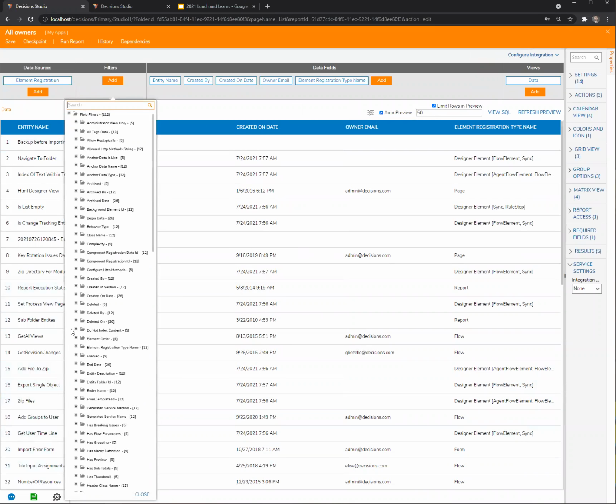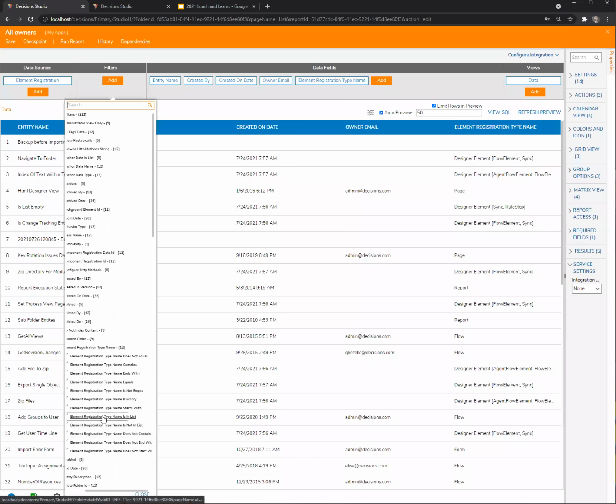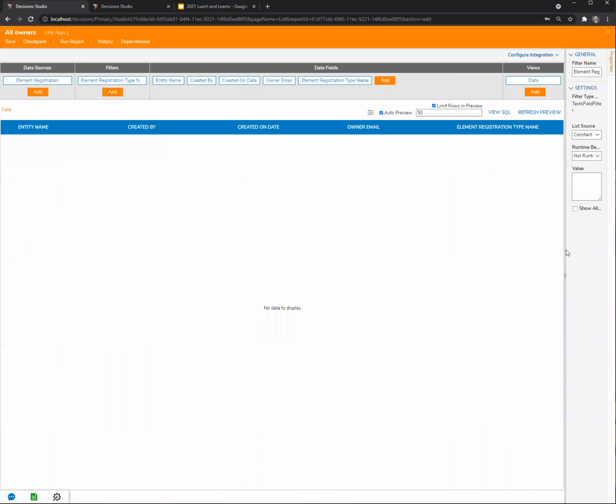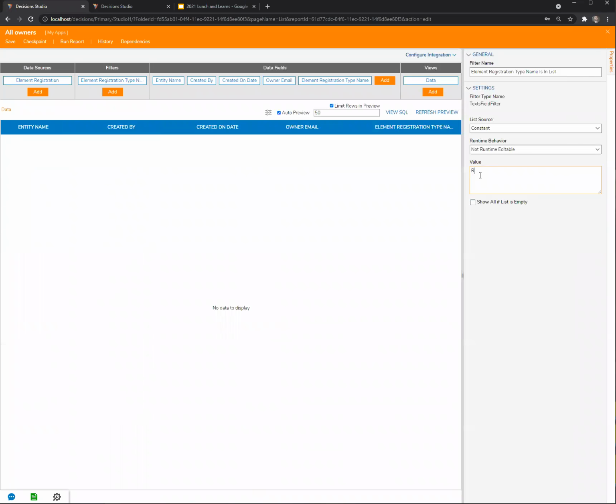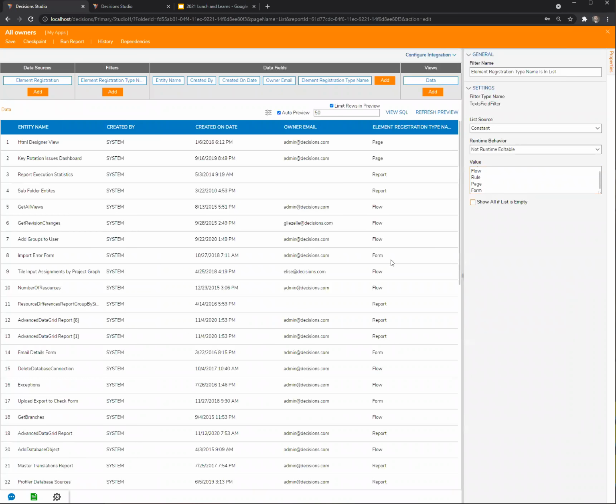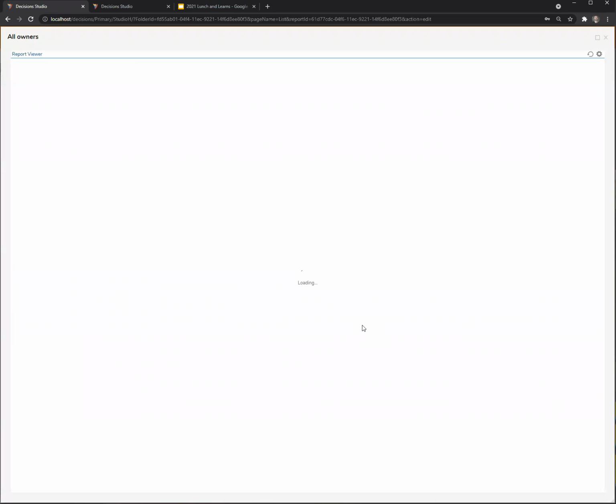So we could say element registration type name is in list. And then we could put like report, flow, rule, page, form, some of the others I'm sure as well, and get a better view here of the ownership distribution across the things that users can create. And we probably wouldn't